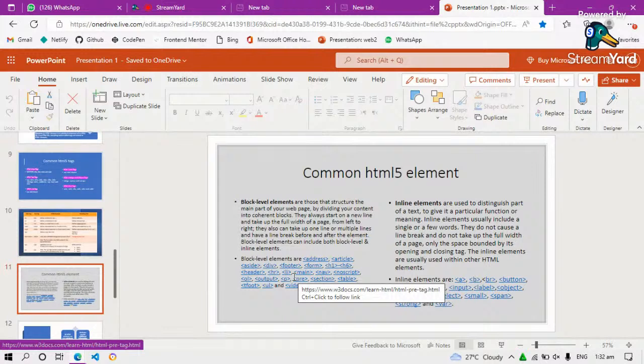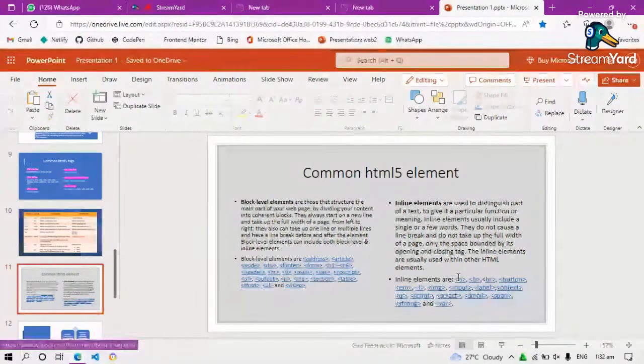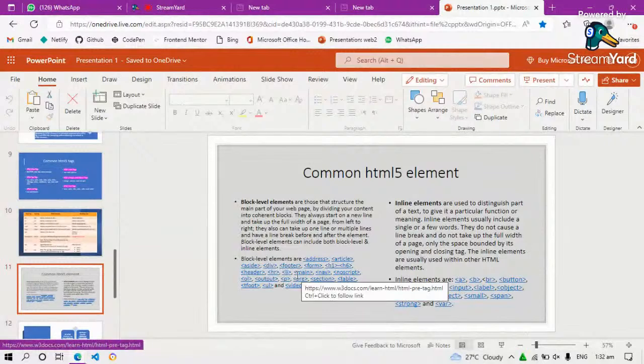Like this address: if I want to send you the link to my address, I'll just use this A tag inside this div. But I can't use a div inside this A tag. I use the A tag inside the div because it is an inline element.